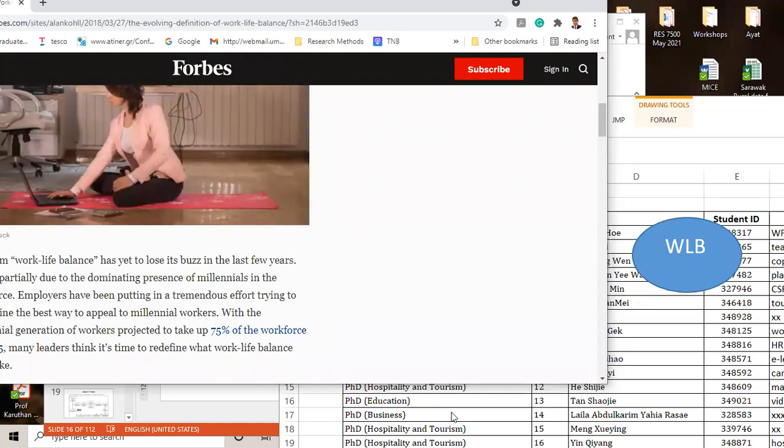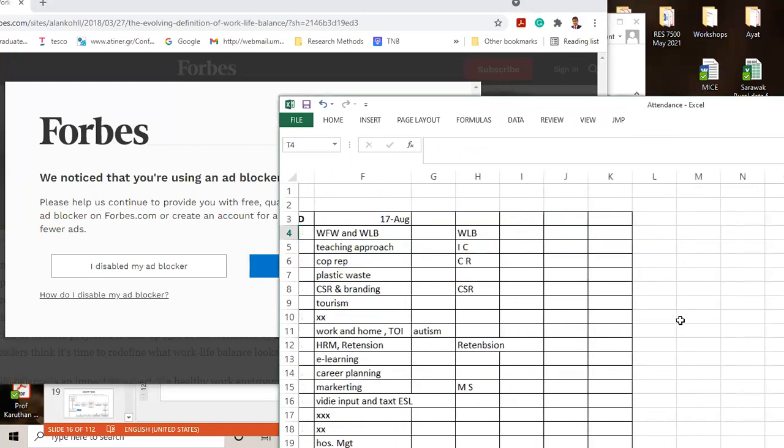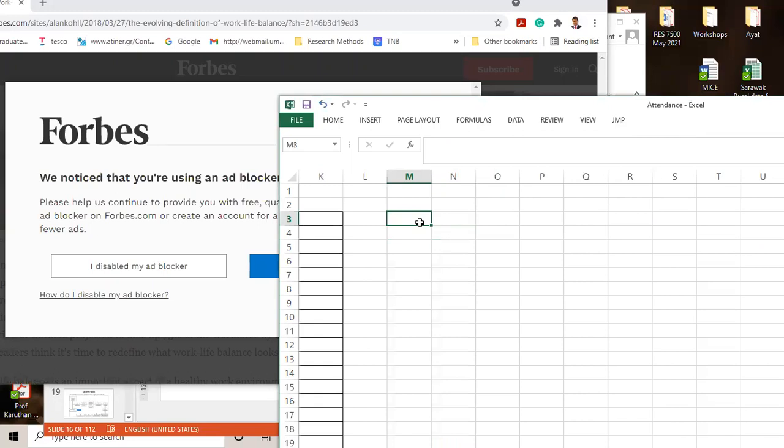All right. So again, our friend Chiho, read the definition.